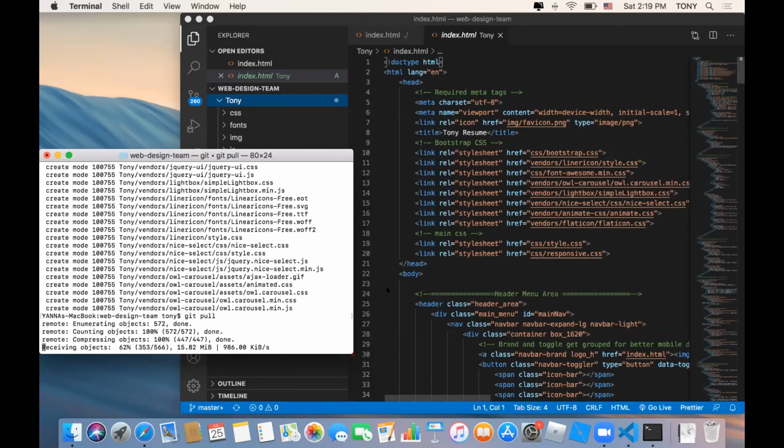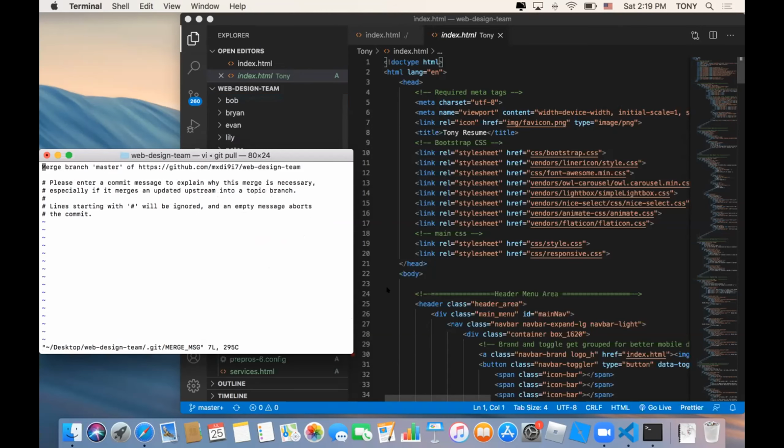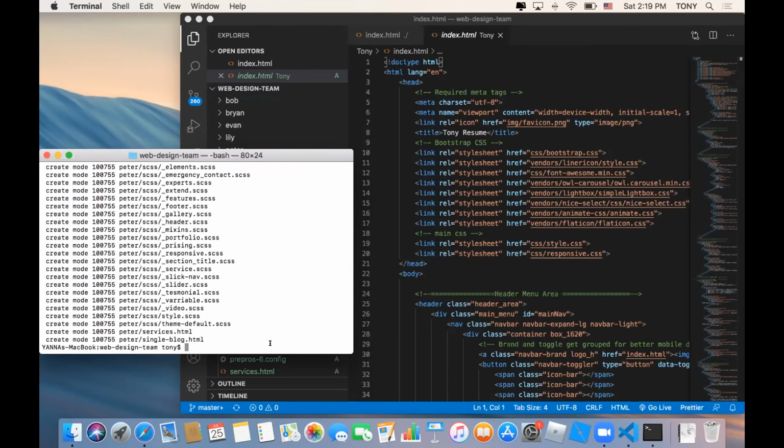It's a little slow. Now, if you run into this, just do colon wq. Colon wq. Yep, enter. Great.